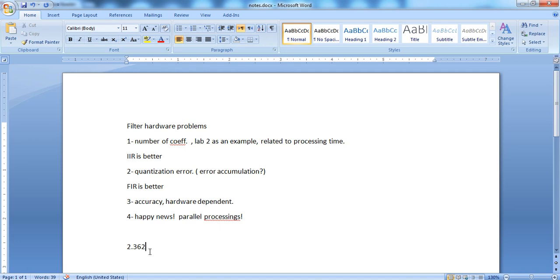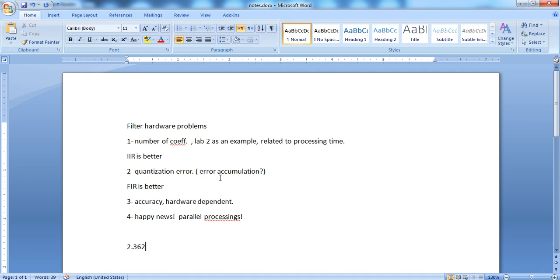So the first input makes some small error in the output. The second input takes the error from the previous input and adds the new quantization errors. The third input depends on the error in the second input and the error in the first input and the error in the coefficients. The error in the 100th sample depends on the error in the previous 99 outputs plus the inputs plus the error in the coefficients, which means that the IIR filter is more